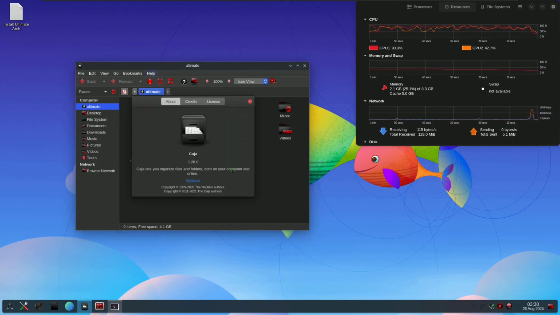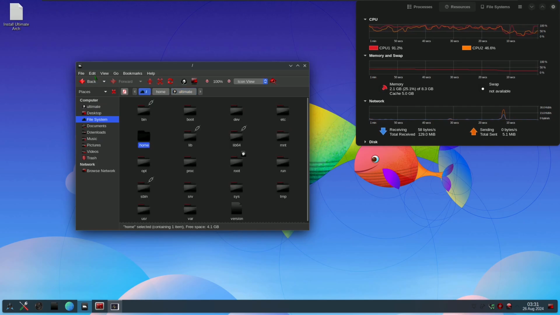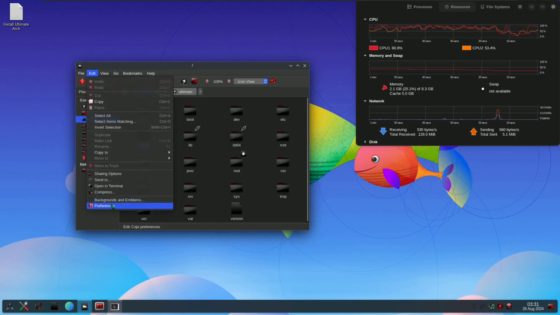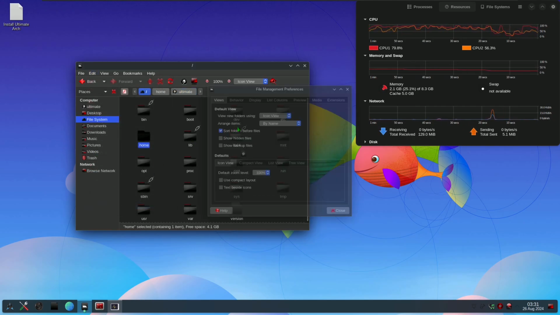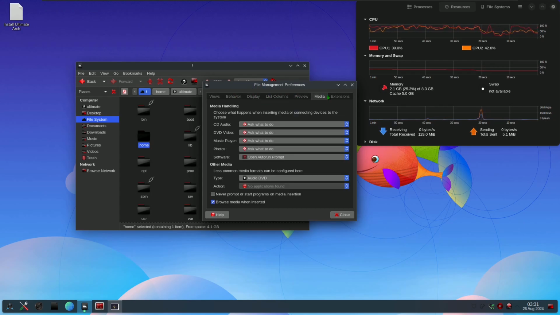So it's a KDE Plasma desktop environment. You get the 1.28.0. So you already know how to customize the file manager. If you want to customize, you can go to edit, preference, and change whatever you want and customize according to your wish. So I'm going to end the video here,